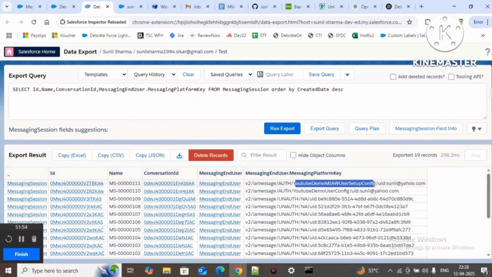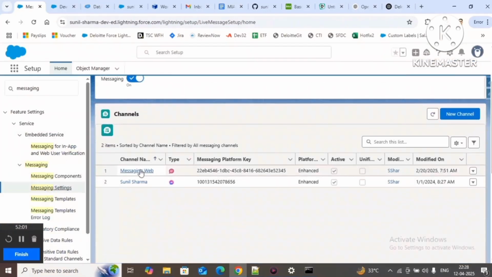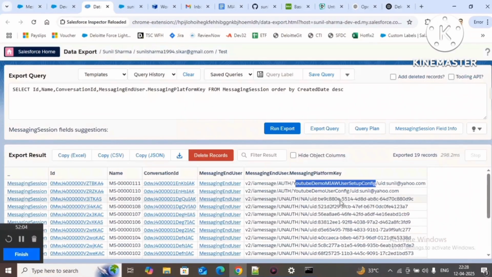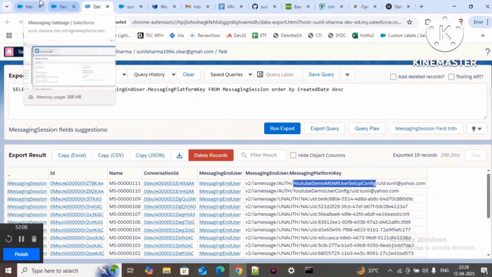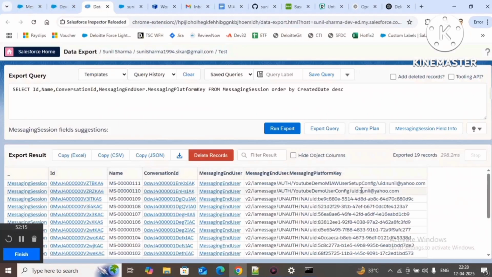Here this is my user setup config that you can cross verify. Go to messaging settings. I will copy. Here you can see this is my user setup configuration. Now I want to highlight one point: what exactly Salesforce is doing. Salesforce is reading this user setup configuration and your unique identification, and according to the combination of both, Salesforce will identify whether you exist in our system or not, and whether you have any conversation history or not. So here you can see this is my conversation ID,